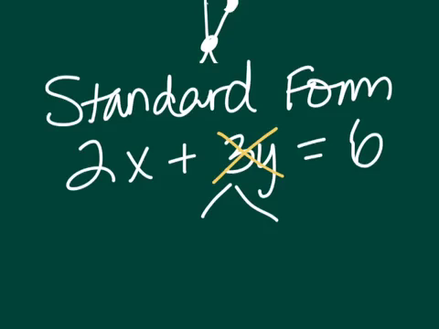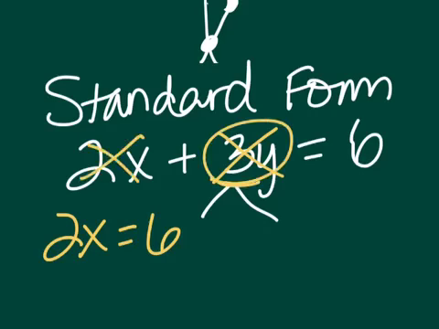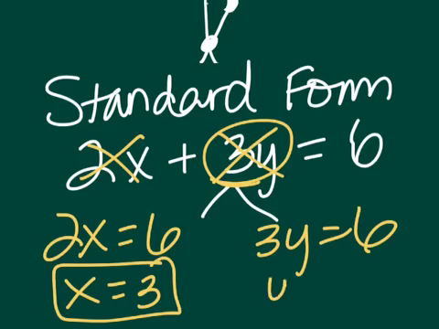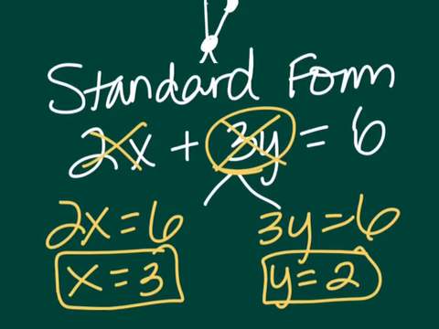Okay? So our first equation would be 2x equals 6, and then we'll do the other one where we're going to eliminate, put the 3y back and eliminate the 2x. So our other equation would be 3y equals 6. This is what we did notes on Thursday and Friday, so refer back to that. So 2 times 3 gives us 6, so our x-intercept for this graph would be at 3, and our y-intercept would be at 2. So now when we go ahead and graph that,